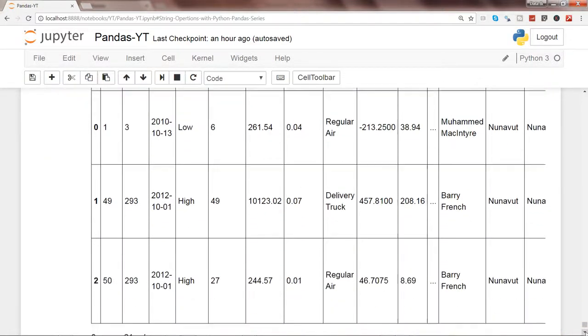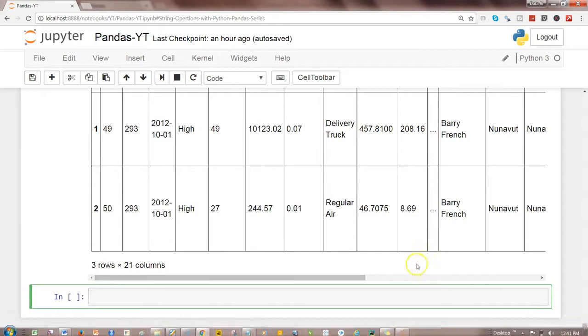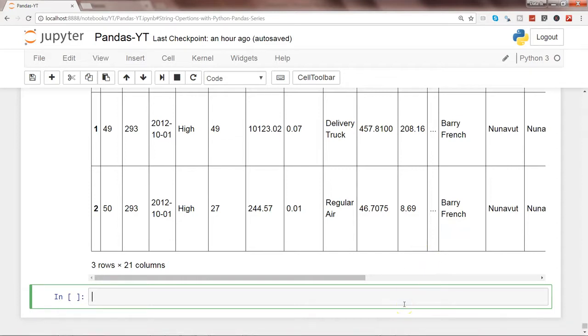Alright, so first of all, we need to specify the group by clause. To do that, orders dot group by, and then the name of the column. So we'll experiment with order priority, and then we will write the measure column name.